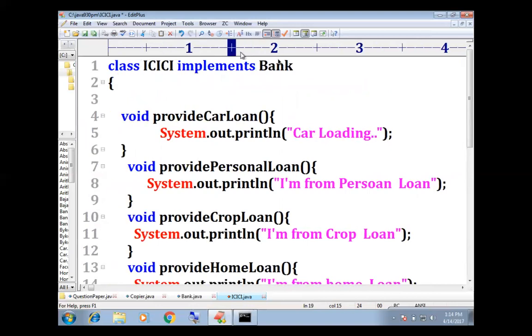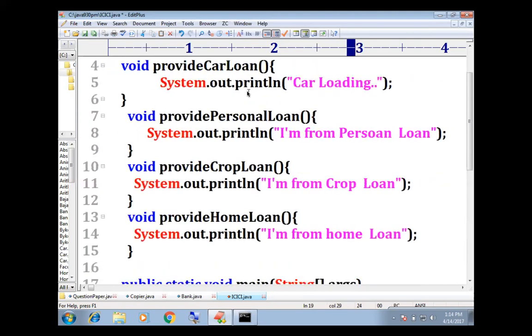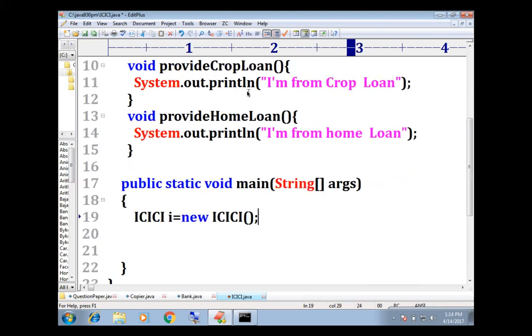The class has to provide the implementation for all the abstract methods, so we are putting the implementation for all these abstract methods. ICICI object equals new ICICI. We have to create the object for this child class, and after that, with the help of this object reference,